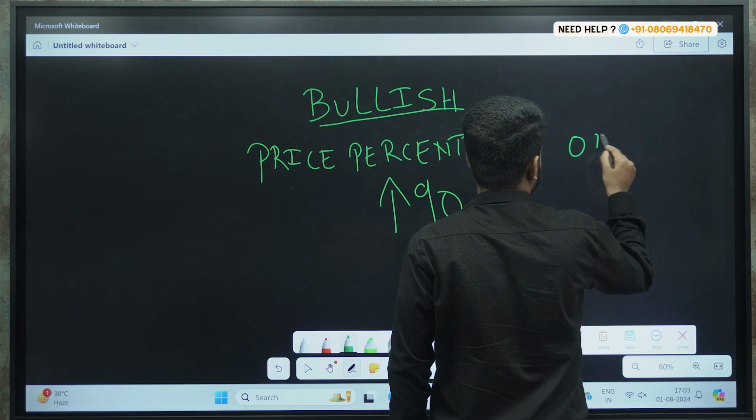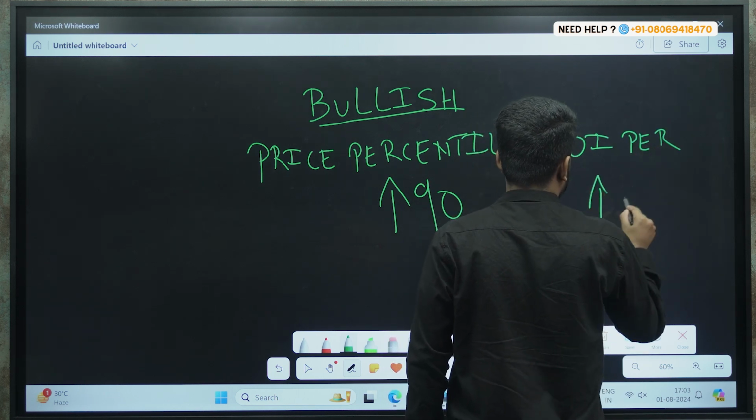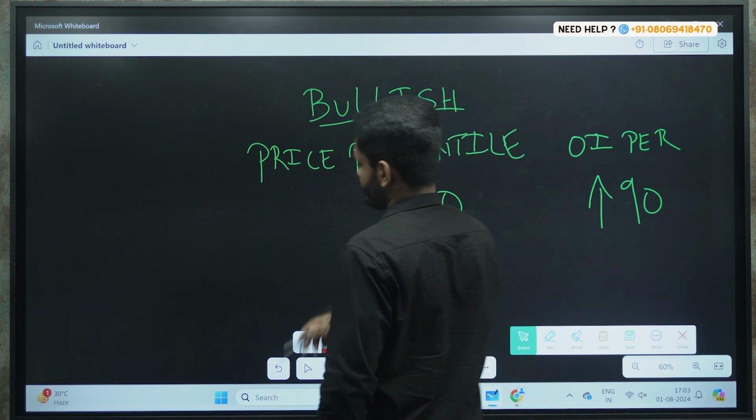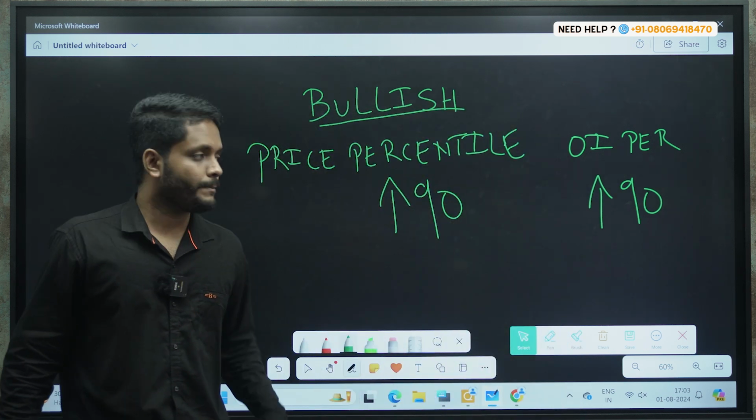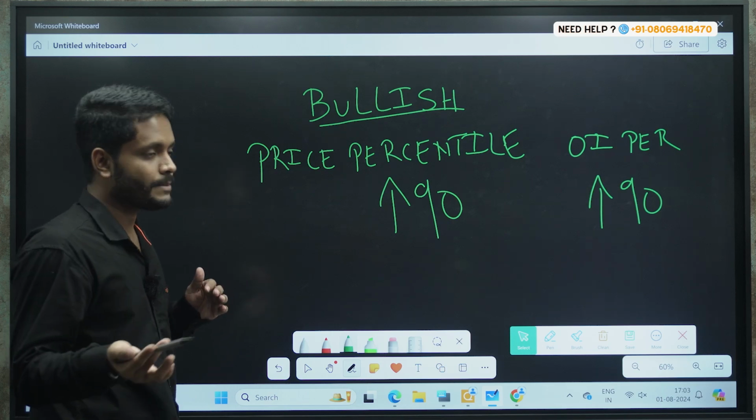Also, OI percentile greater than 90. Okay, if the price percentile is greater than 90, that means somewhere the price is approaching its